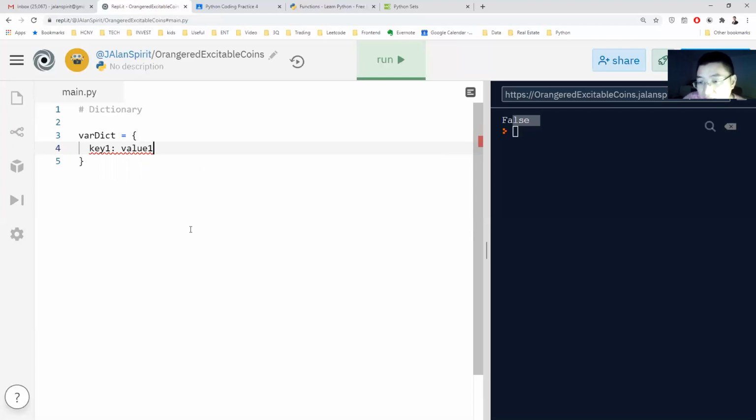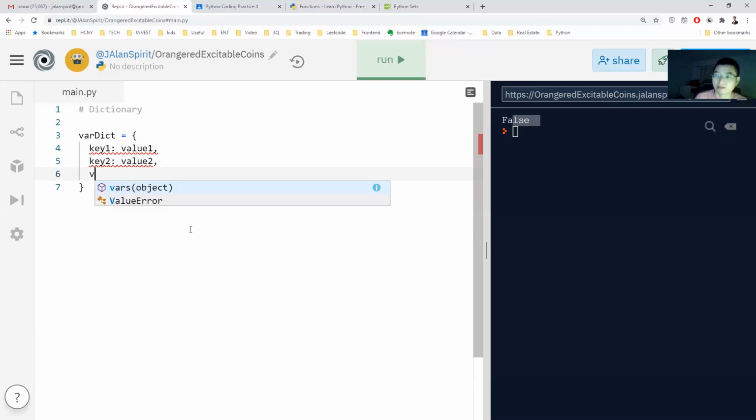Now Nathan, tell me, can I have a duplicate key in the dictionary? No. Okay, because